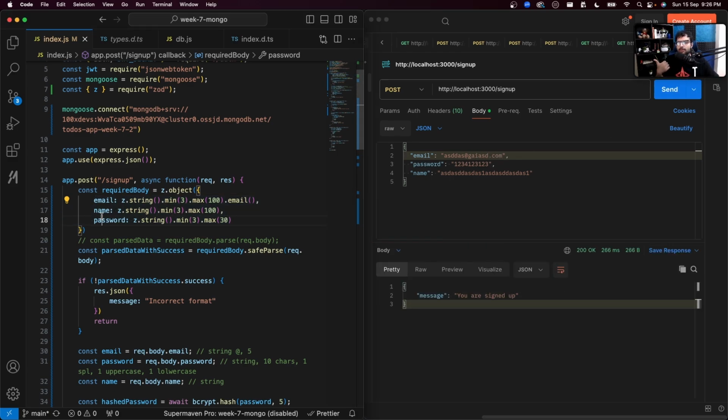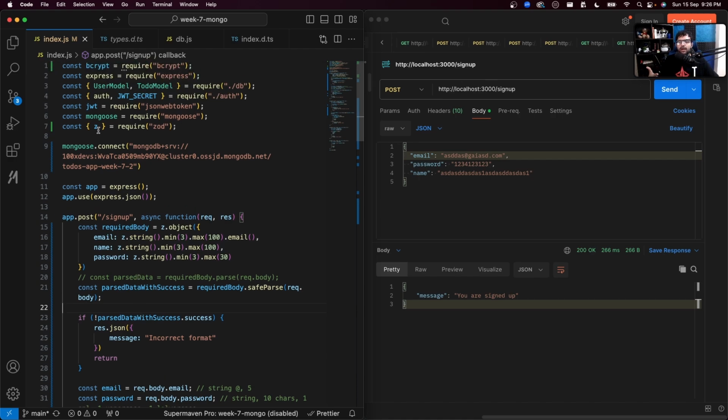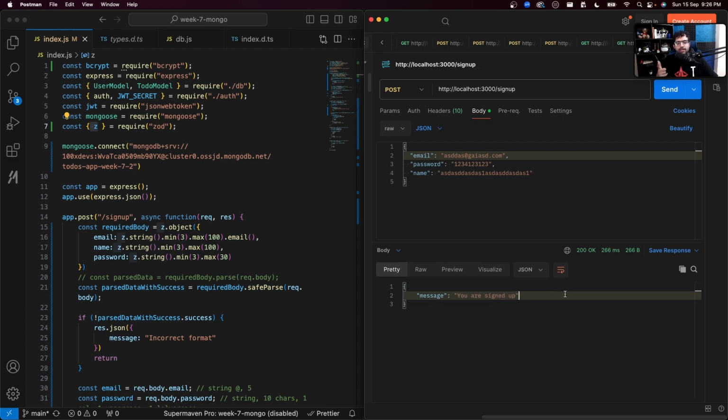Signed up. So what was I able to do? Correct input validation. How did I do it? I used the Zod library. What is missing? I should let the user know, kami kya hai. I should let them know